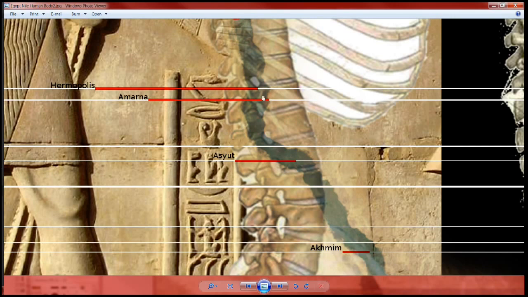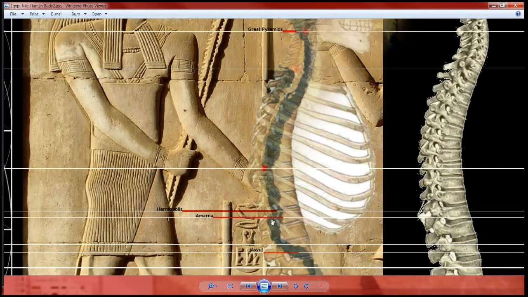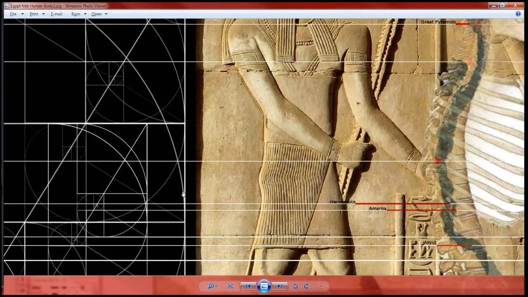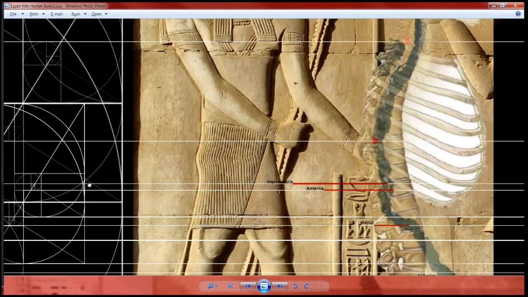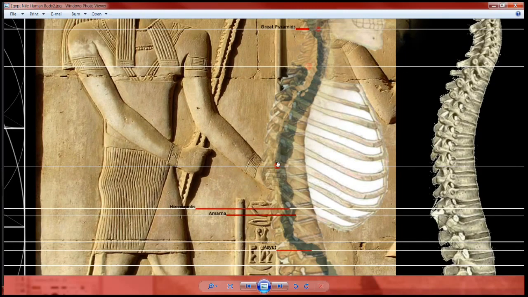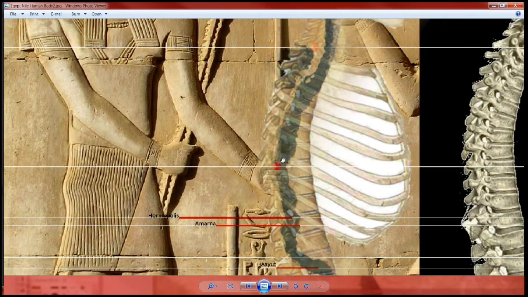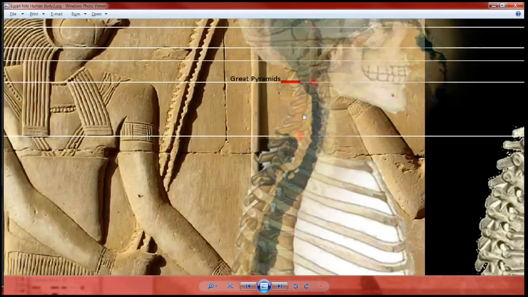So then you have Armana and Hermopolis, and they're located in the lower rib cage. This whole area of the rib cage is considered the heart chakra. And I'm not familiar with all of the temples on the Nile. I'm sure there are really important areas that I'm not familiar with. But here as we move up,